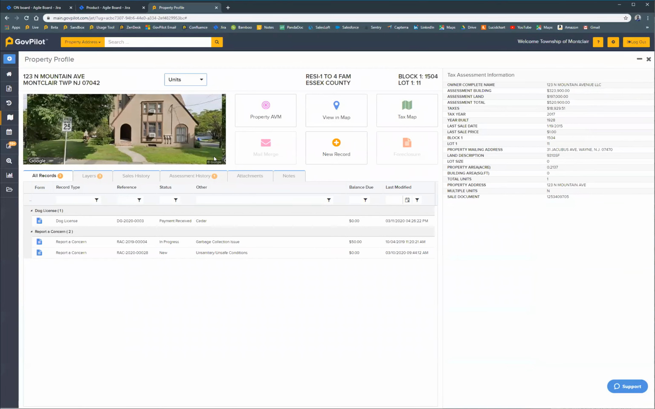This will actually load a profile of the property where I'm seeing the tax assessment information again, but then I'm also seeing additional data points that are anchored to that specific property. I can see that there's an animal license here with a status on it, any sort of code enforcement concerns that have come in, and any other modules that you're using GovPilot to process, construction permits, rental resale inspections, work